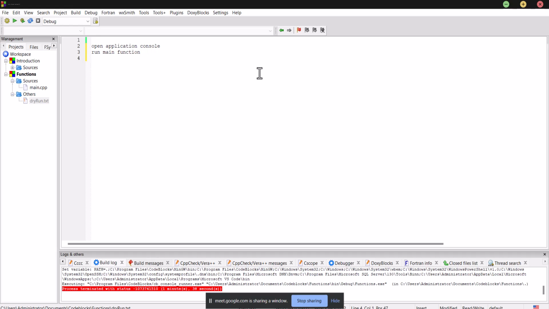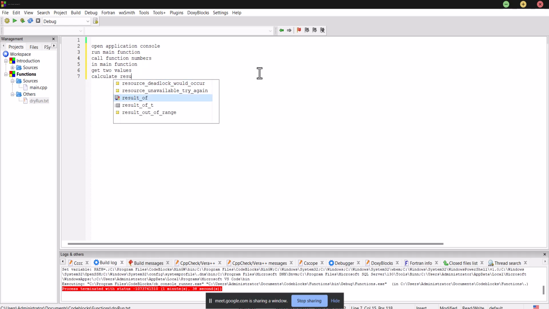From main function, we then call function numbers. In main function, we want to be able to get two values, calculate results,